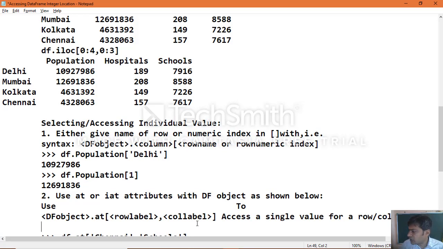That is how one type can be used. The moment you specify the data frame object name, dot at attribute, followed by row label comma column label, it means access a single value for a row or column label pair.